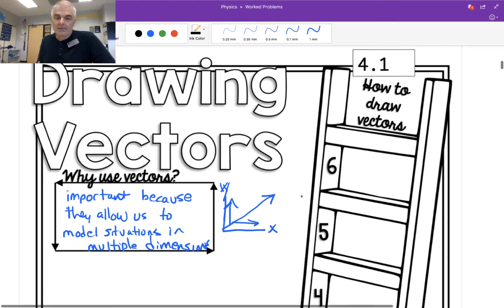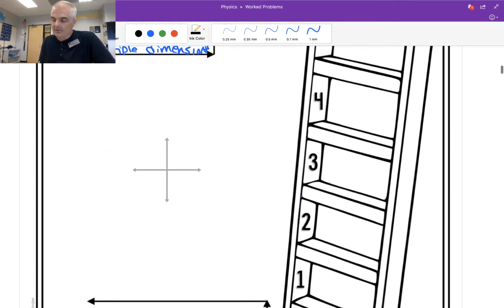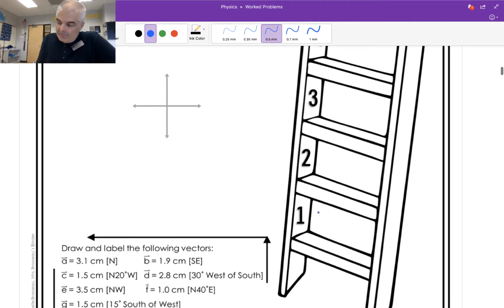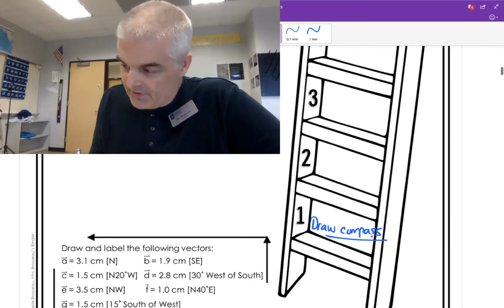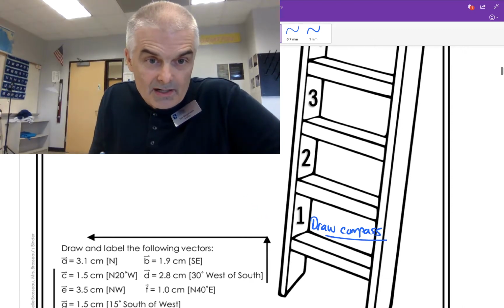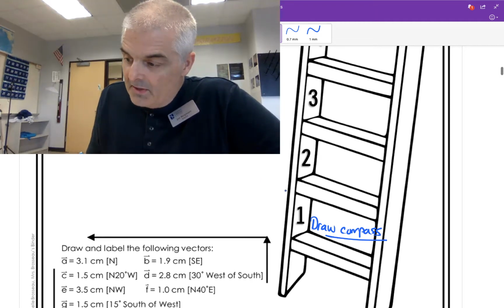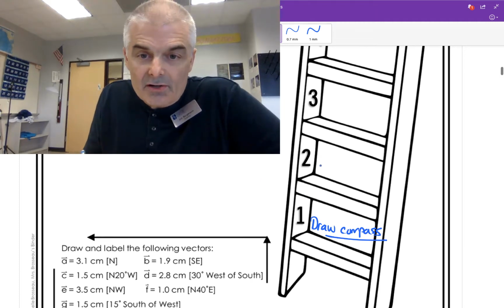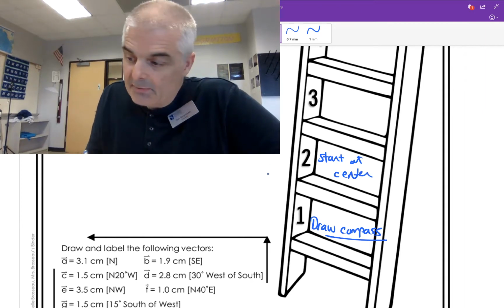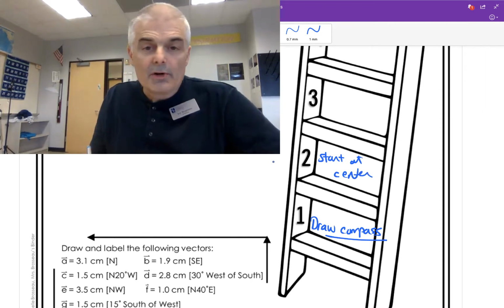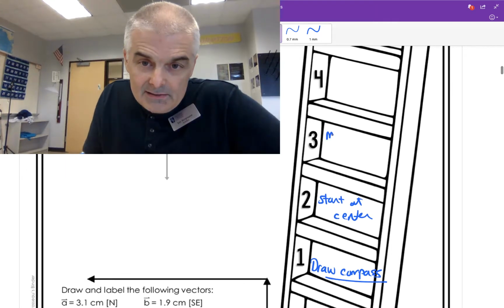So let's talk about how we can draw vectors. I think the very first step, step number 1, is you want to draw a compass, all right? An X and a Y, like we have right here, okay? The second thing is you always start at the center. So that'll be right here. We'll do a couple examples here in just a minute. And then you want to measure, number 3,